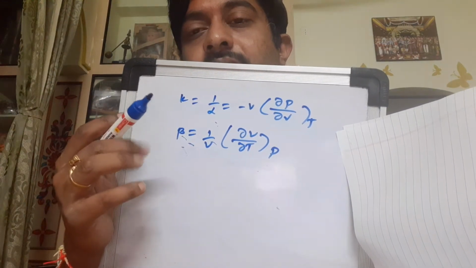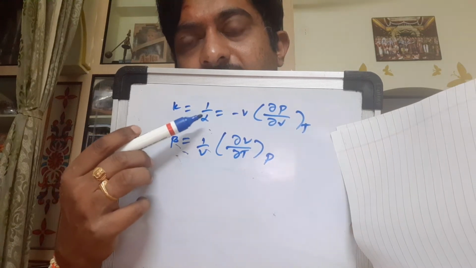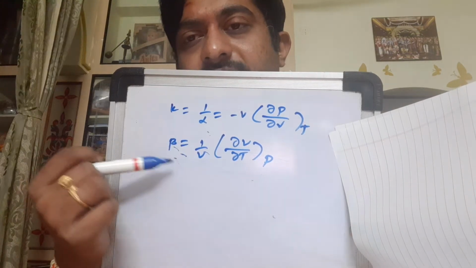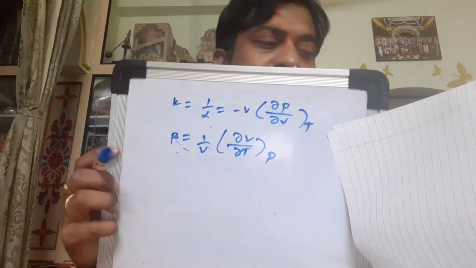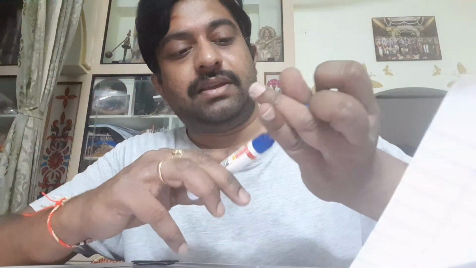Sorry for the inconvenience, but mind the previous equations. Instead of 1 by beta I am taking 1 by alpha, and this one is beta, per degree centigrade. I followed this convention initially because I wanted to take alpha for thermal expansion. That is actually the standard convention, but in the book I followed there is a different convention, so there is some mismatch. That's why I have to rearrange the variables, right?